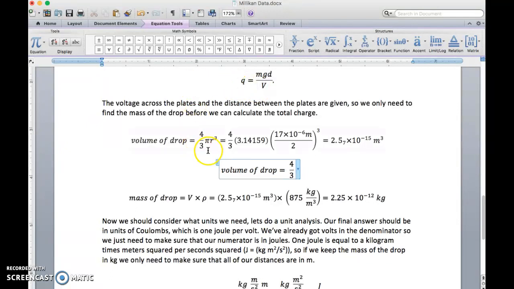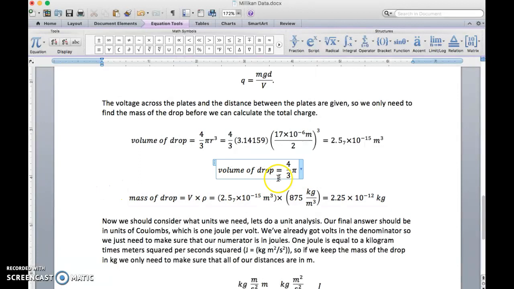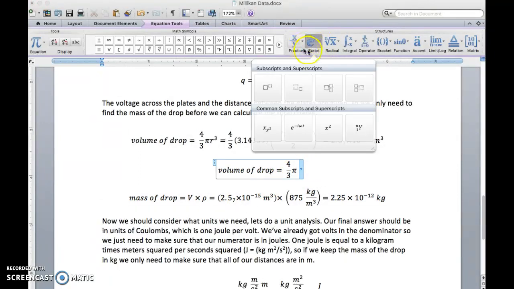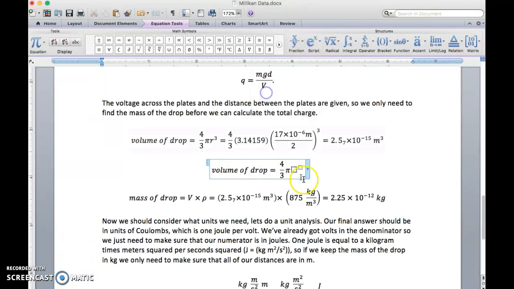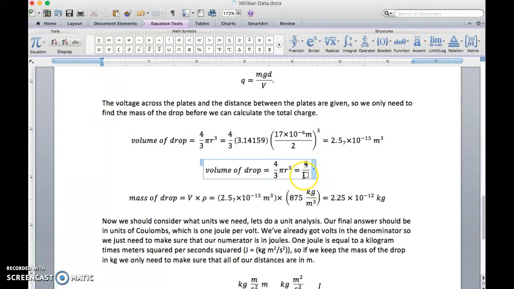If I want a Greek symbol, I can go to this browser and choose pi. Pi, and then if I want anything with a super or subscript, I can go here to the script and choose this. So now I have r cubed. And again 4/3, and then you put a parenthesis and type your pi,